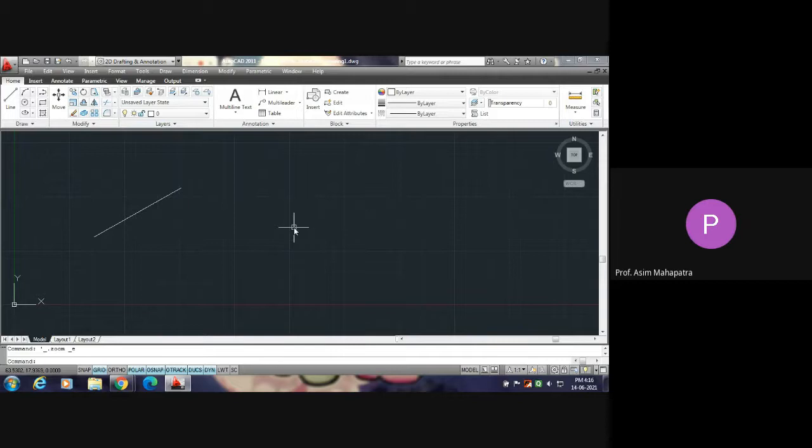Now I will discuss that format of coordinate, that idea. How the coordinate can be given in different format value. Just now I have mentioned that you simply click the point, give the coordinate of the next point, say 20, 0, then enter.